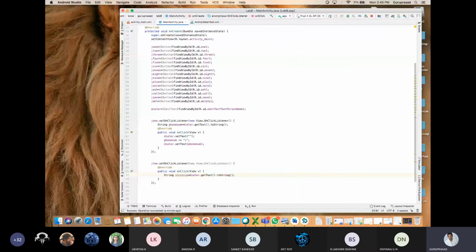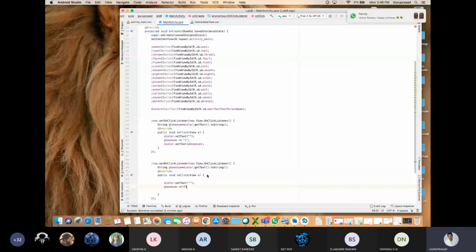Next, on click: first, initially dialer will be set text to null. Then phone number plus is equal to 2 semicolon.